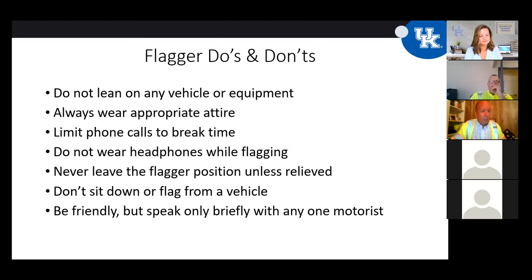Quick story, and then we're getting close to the end. Had a situation down in the Berea area where the flagger had traffic stopped on one end. Another flagger had traffic stopped at the other end of this road. They had about 4,000 feet between them. They were going to blast a section of rock out in the roadway between these two flaggers. And if you've ever been around a blasting situation in a construction zone, they have a series of beeps and sirens, I guess. I can't remember the exact pattern, but basically the flagger knew when it was time to